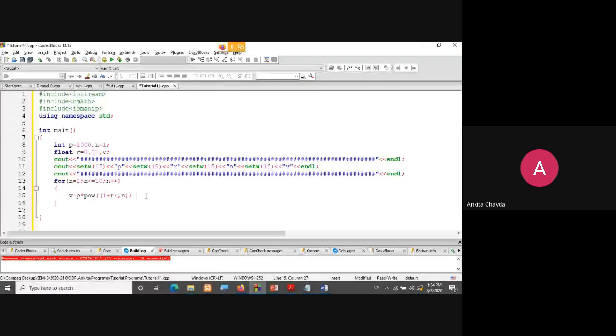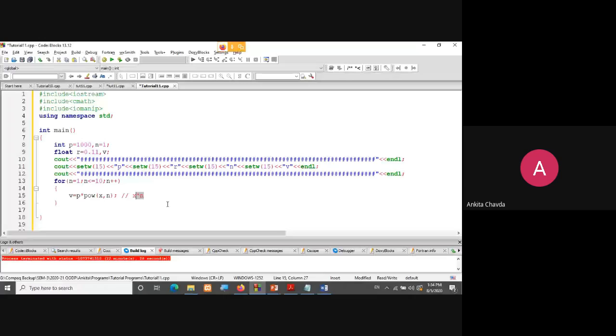We know this function pow. If it is simply x raised to n, then over here you will simply write x, then comma, and then n. If it is 2, then you write 2 over here.